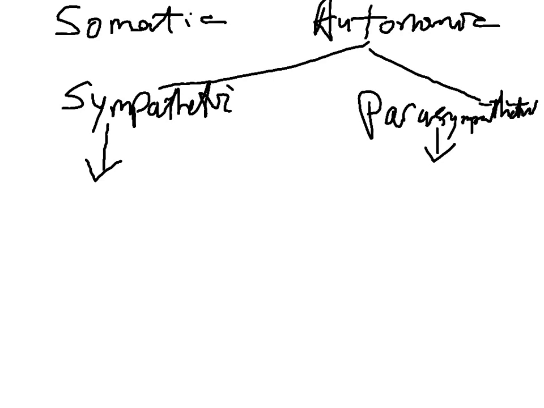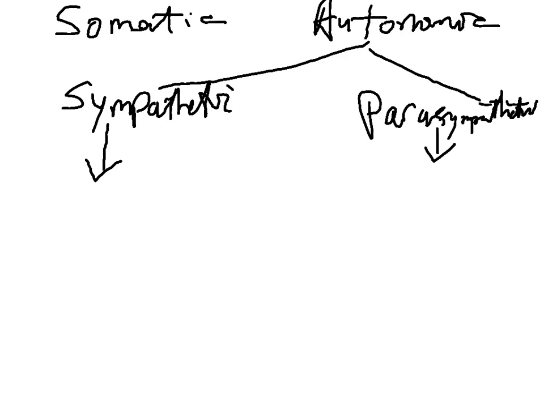So how does she make her car go faster? Well, there's two ways. She can let up off the brake, so we can block that parasympathetic side, or we can push on the gas. We can stimulate that sympathetic side. And the reason we want you to understand this is so you have some idea what's going on with medications that you're giving and what this whole alpha and beta thing is about,